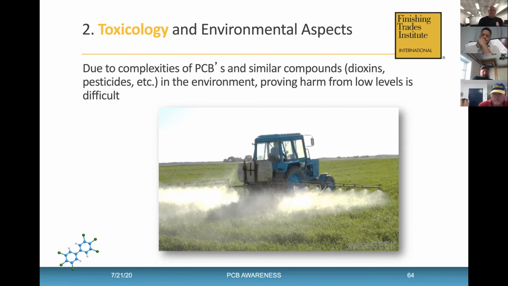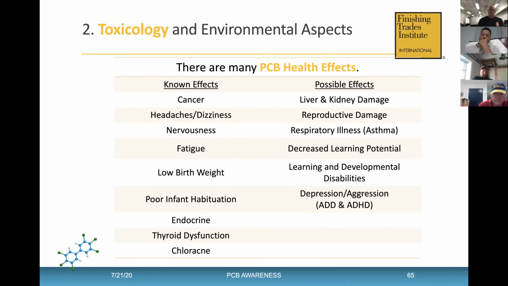But it's difficult to prove harm from PCBs, especially at low limits, because of these things we discussed. There are similar chemicals that also act synergistically and additively, and we'll talk about that in a second, and we don't test for them. All right, now the bad news on top of the bad news. Here are most of the health effects. There are additional ones, but I don't have enough slide space. So some known effects, we've got cancer, headaches, dizziness, nervousness, fatigue, low birth weights, poor infant habituation, endocrine disruption, so your